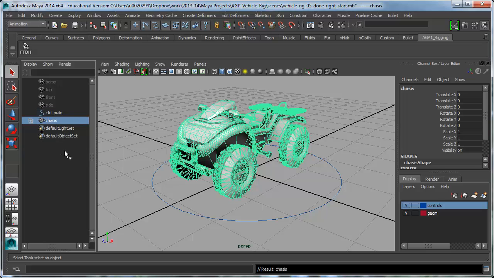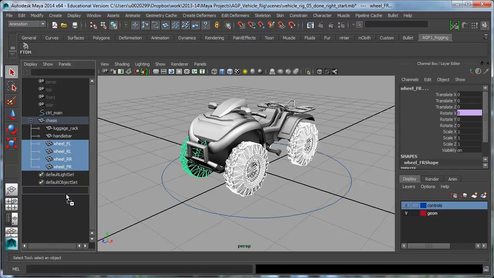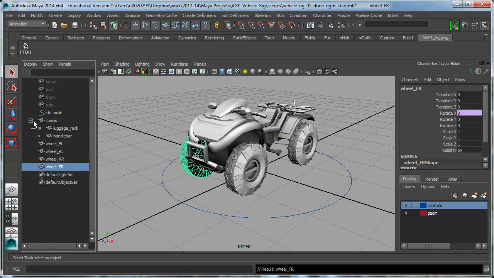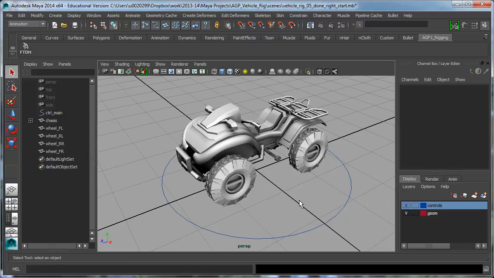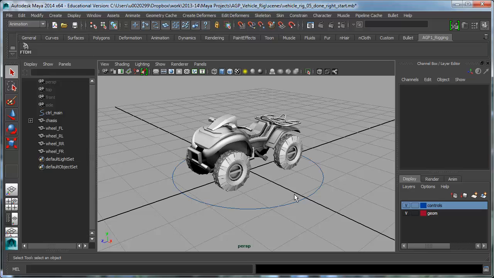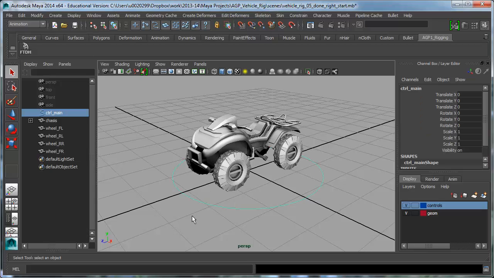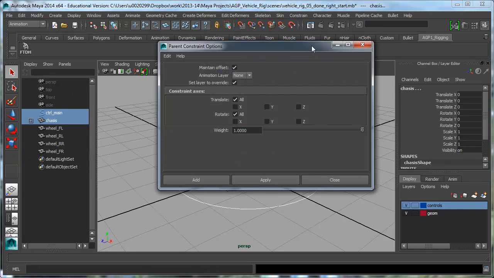Let's drag that down. In fact, we want to break this hierarchy up a bit more. I want to drag the wheels out of the hierarchy. So now I've just got a chassis object, the 4 wheels and a controller. And rather than using a traditional parent-child relationship, I'm going to use a parent constraint. So if I select the control, select the chassis and just say constraint parent, just reset,